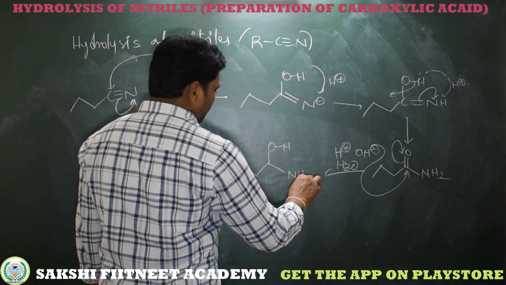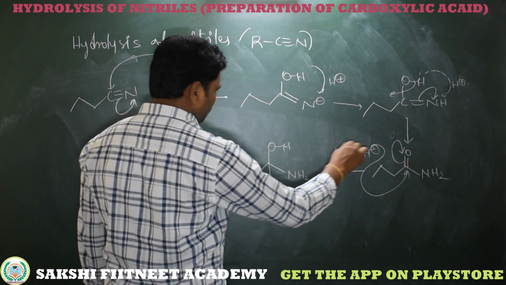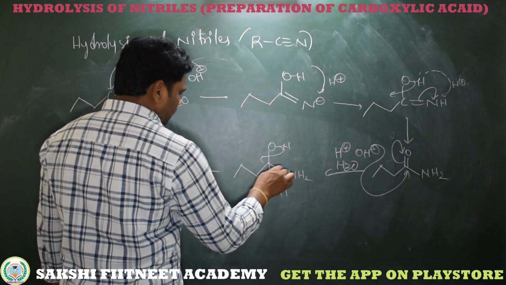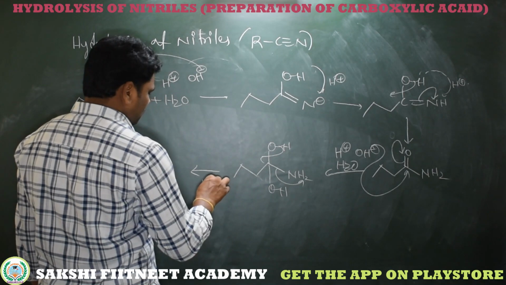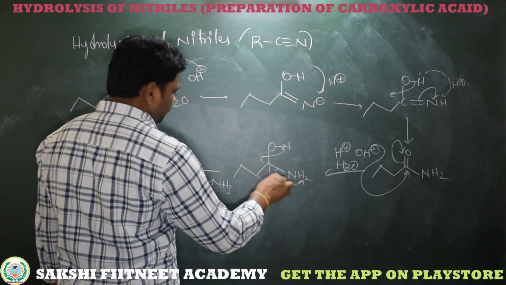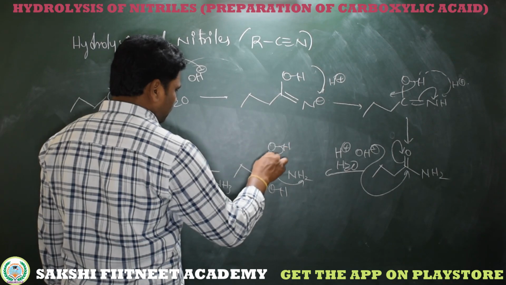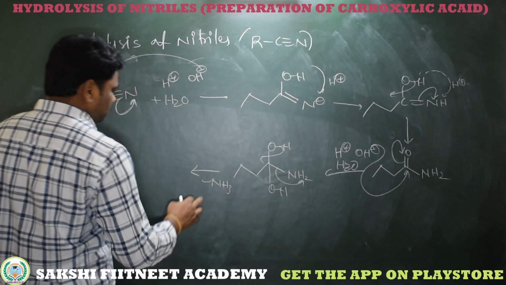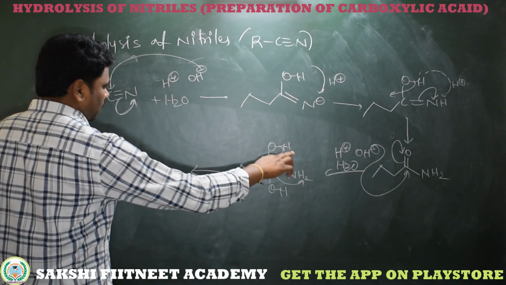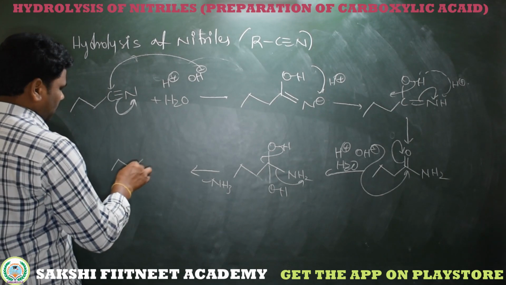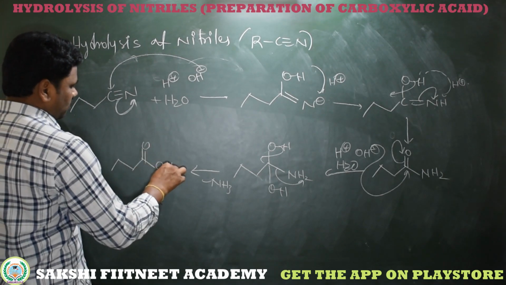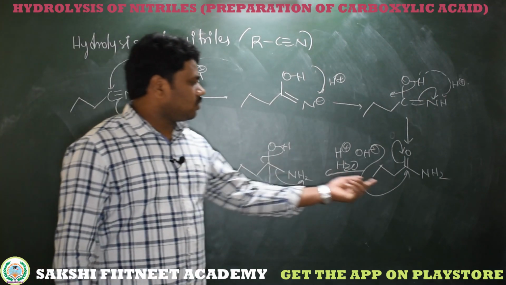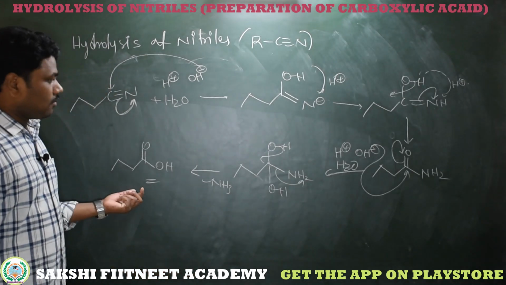Here we have an NH2, here we have an OH, which came from the second water molecule. Now on elimination of NH2 minus, H plus, gives NH3. So if a leaving group is present as well as OH, we need to remove the particular part based on the leaving group. Here we are removing NH2 minus, H plus, as NH3. Finally here we got a carboxylic acid. This is a carboxylic acid. So first nitrile is converted into amide, then to carboxylic acid.